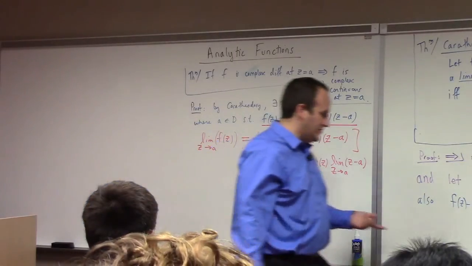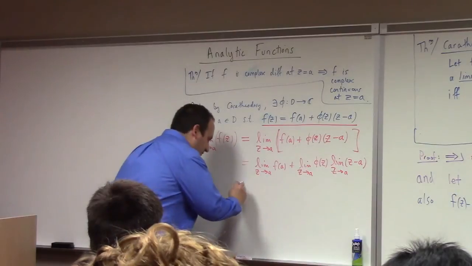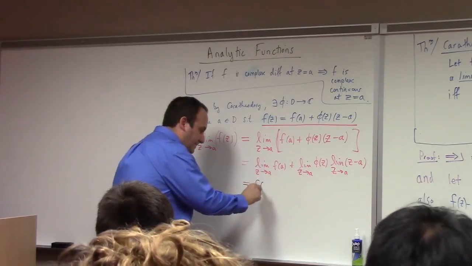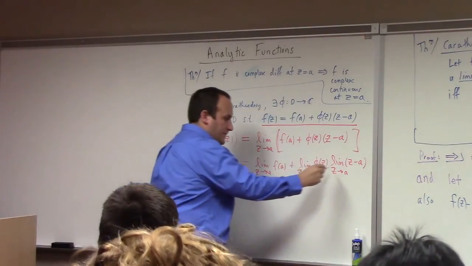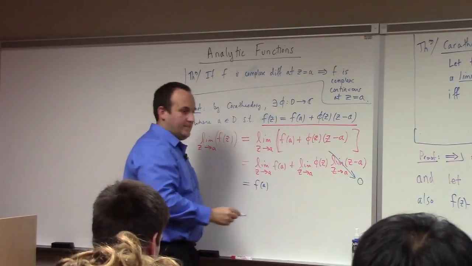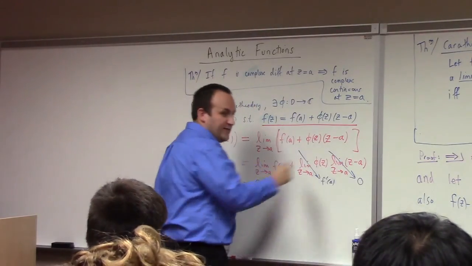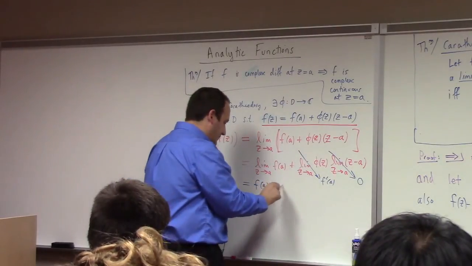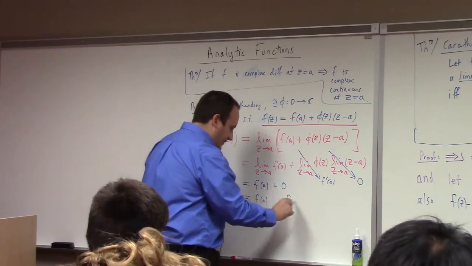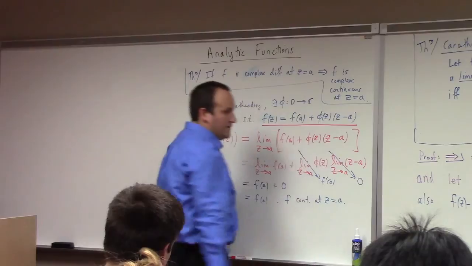So what's the limit of a constant? That's another good homework problem, or a very friendly test question. Prove the limit of a constant is a constant. With epsilon deltas, you can do that. So here's f of a. This is 0. This is f prime of a, but who cares? 0 times f prime of a is still 0. So I have f of a plus 0. In other words, I have f of a. So therefore, f is continuous at z equals a. And there you go. There's the proof that